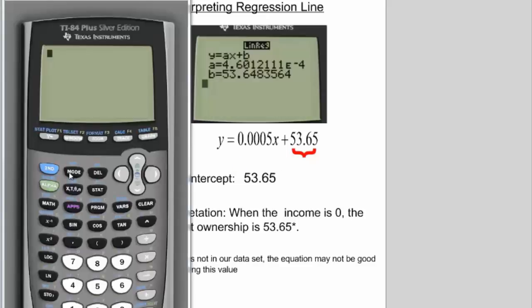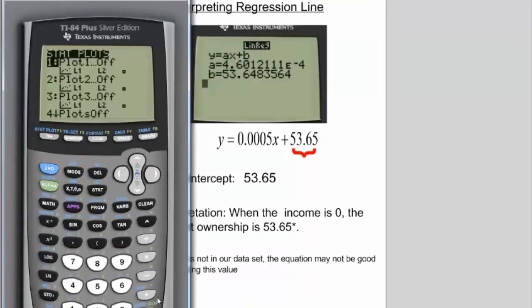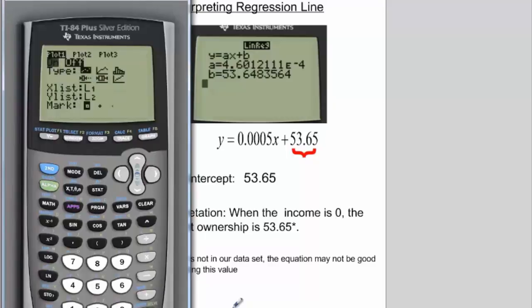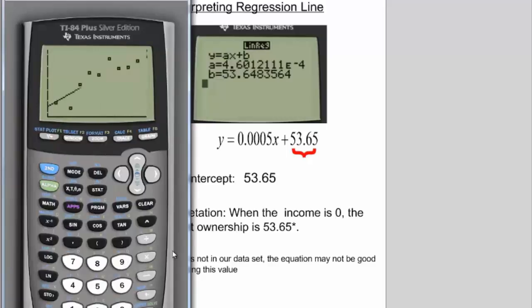So if you wanted to look at what the scatter plot looks like with the line of regression, remember we stored it in Y1. So what we can do is go to stat plot, press enter, go to on. The scatter plot's on, my lists are fine right here. I'll go to zoom and then zoom 9. Right, there's my scatter plot, and it puts the line of regression on top of the scatter plot, because I asked for it to be stored in my Y1. Okay, and so you can see that 53.64 is my